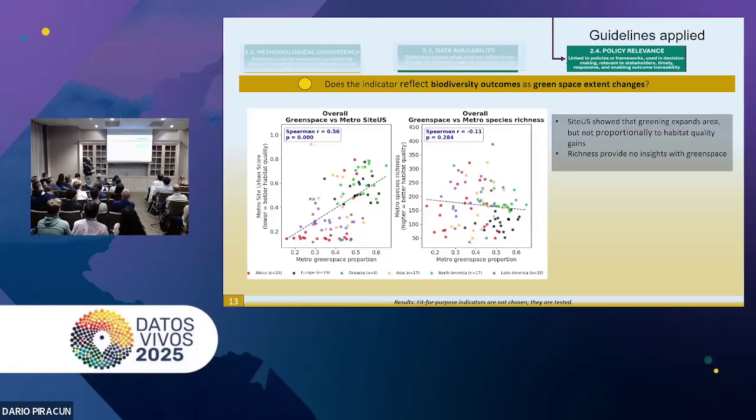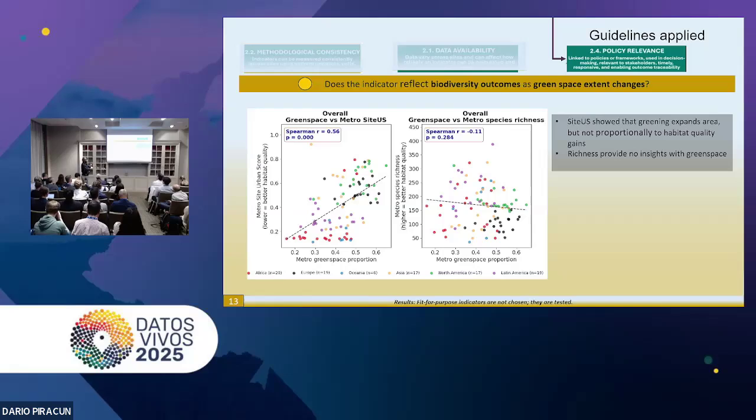This is actually the XY, which is like metro green space proportion. It is 0.6, which means that 6% of that metropolitan area is green space. But what we want to look at in this context was really to say, okay, if we want to use species richness or site-based metrics, which one can really tell us about greening policy? So when we look at this, we find that from those 98 cities that we selected, the site-related